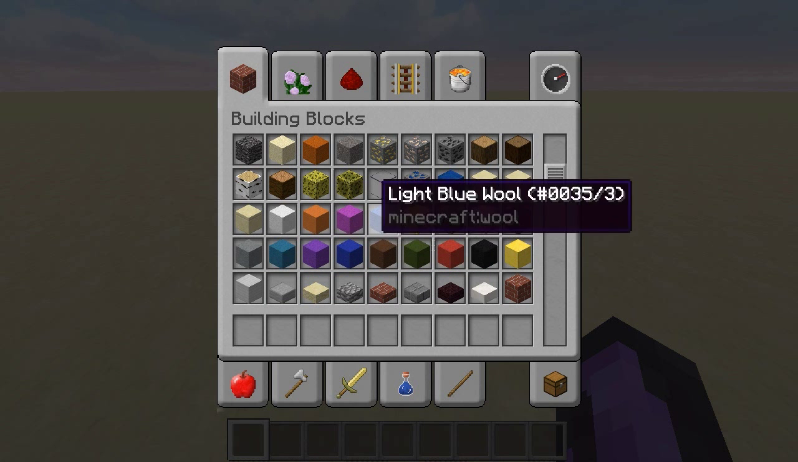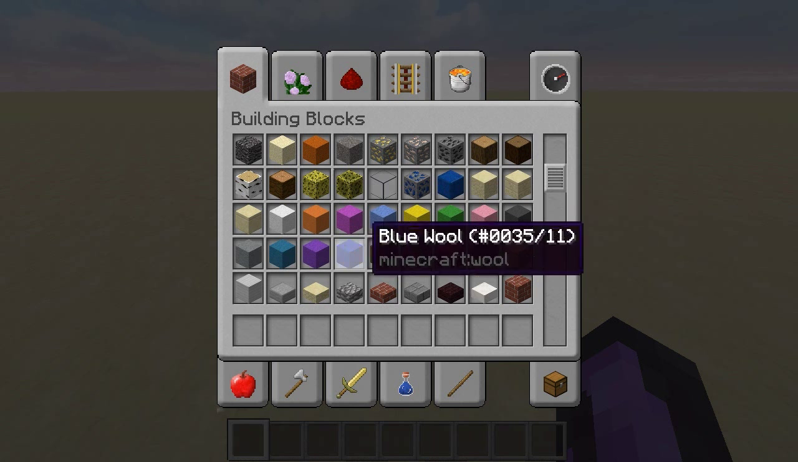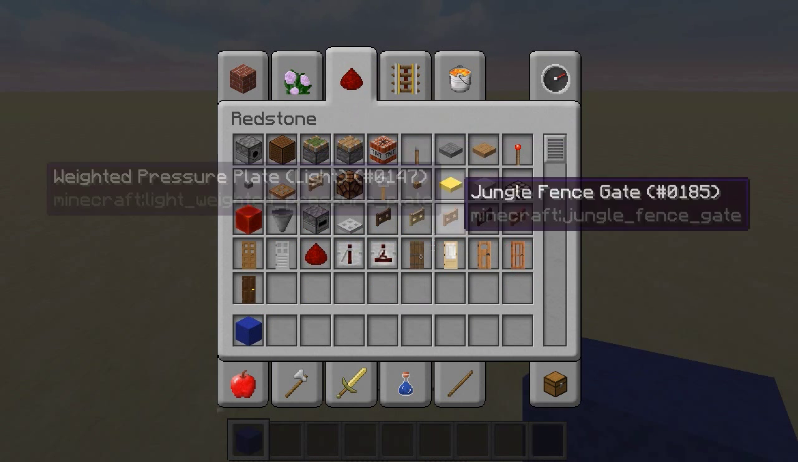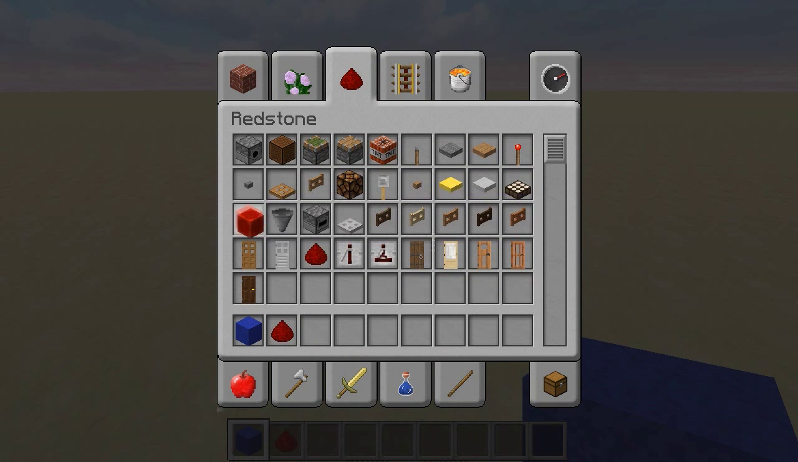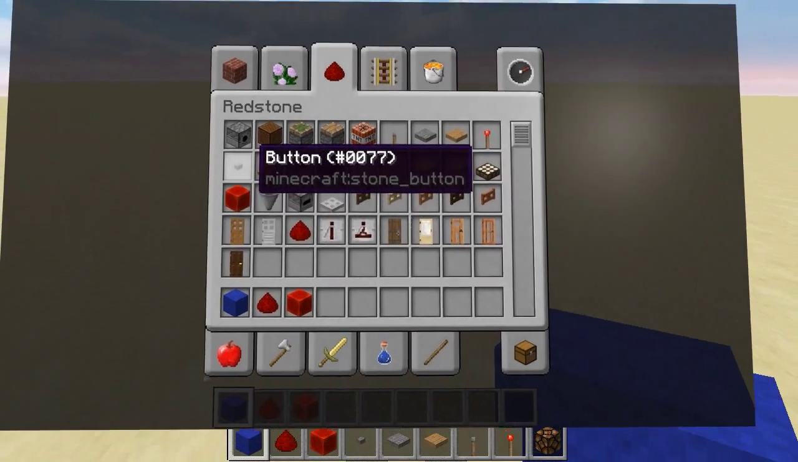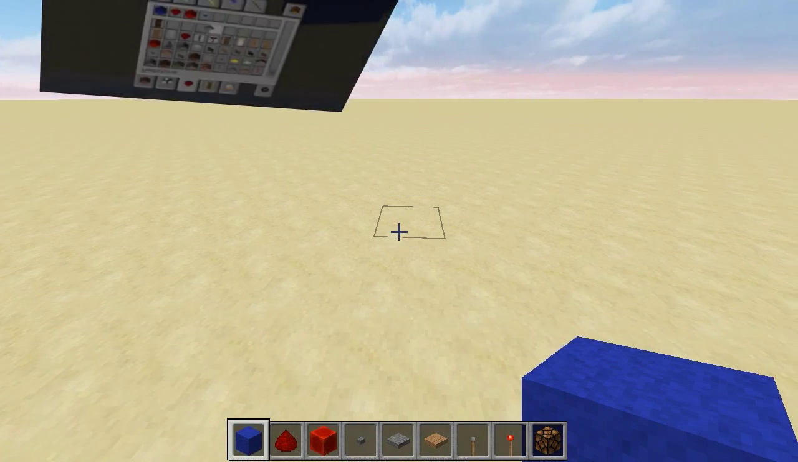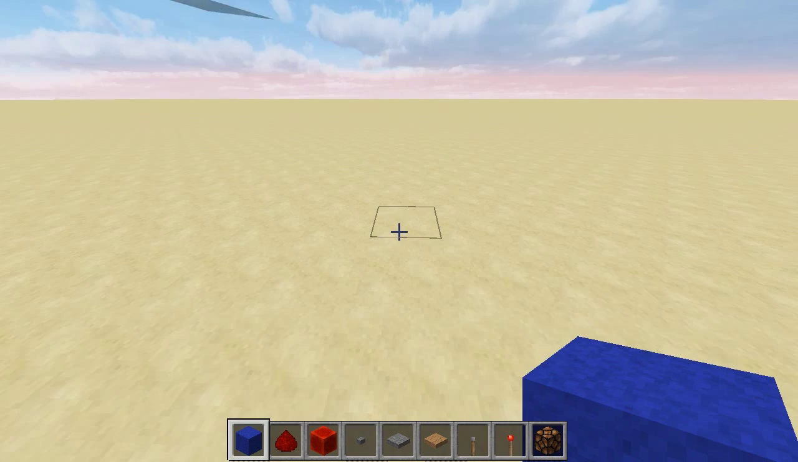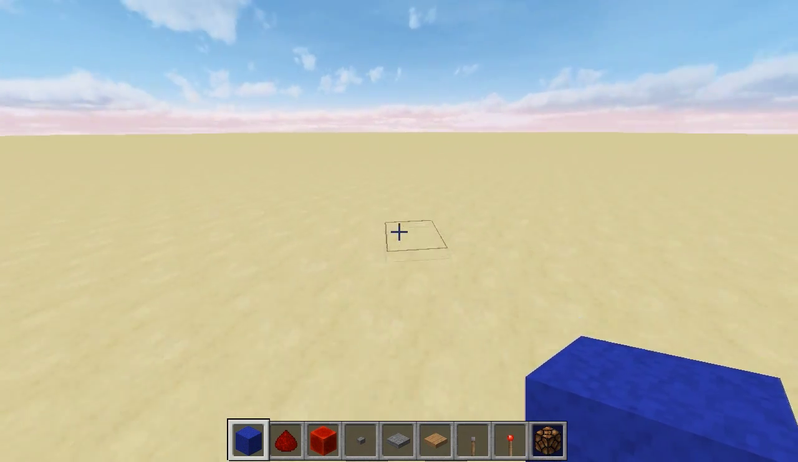I'm just going to get some colored wool and grab some basic redstone materials, and I'll be right back. Alright, so